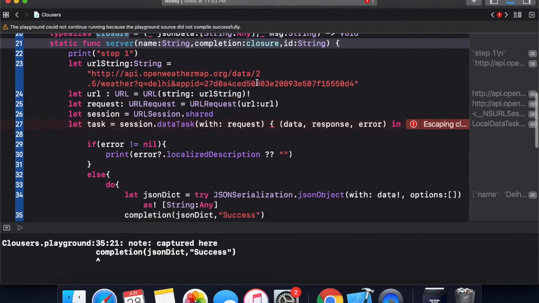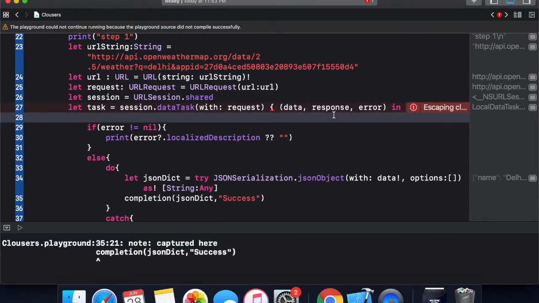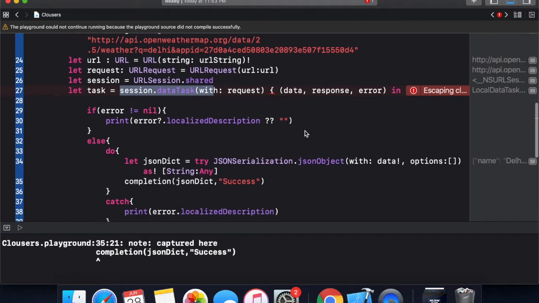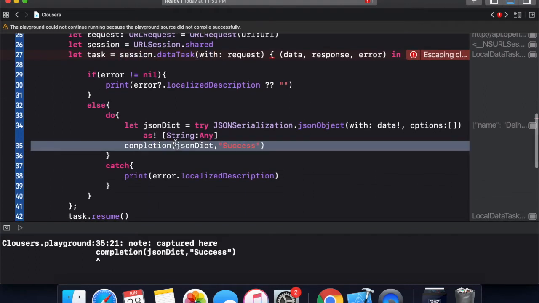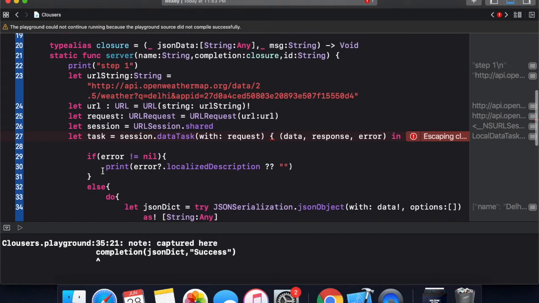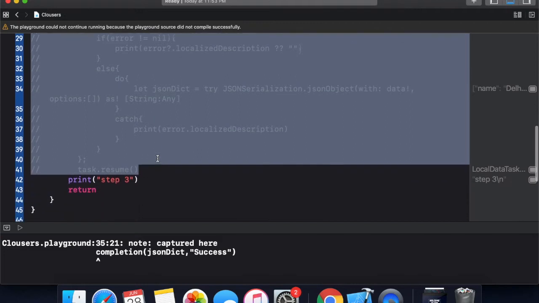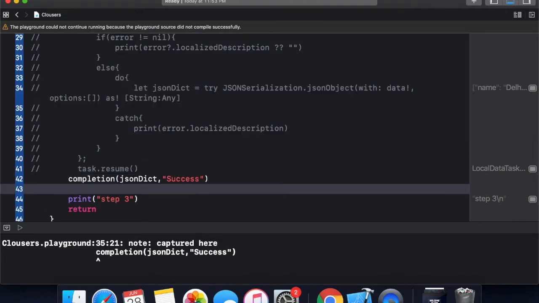As we know, the session task is also an escaping closure, so for the non-escaping demo I need to comment out this whole thing, because I cannot pass a non-escaping closure into an escaping closure.